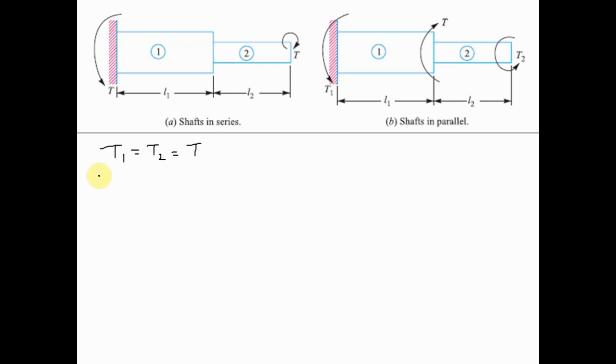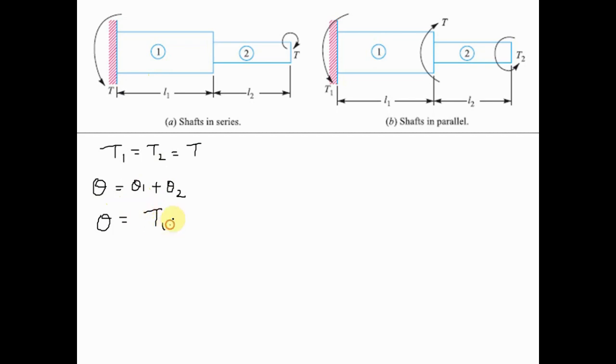we denote by theta. The total angle of twist for the combined system of the shaft will be equal to the sum of the angles of twist for the individual shafts. That means the total angle of twist theta for the combined system of shaft 1 and 2 will be equal to the individual twists: theta 1 corresponds to the angle of twist for shaft 1, and theta 2 is the angle of twist for shaft 2. Summing the individual angles of twist for shafts 1 and 2, you get the total angle of twist for the overall system. So this is shafts in series, and this again you can write as theta is equal to